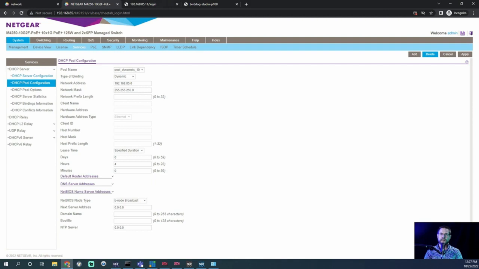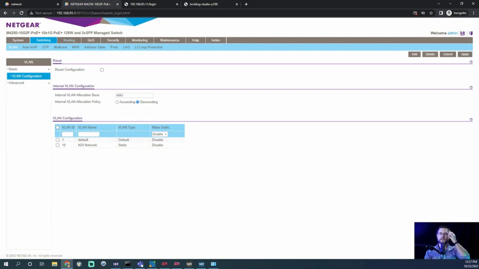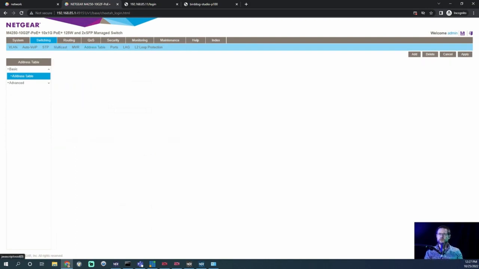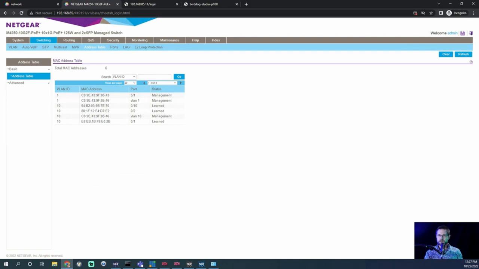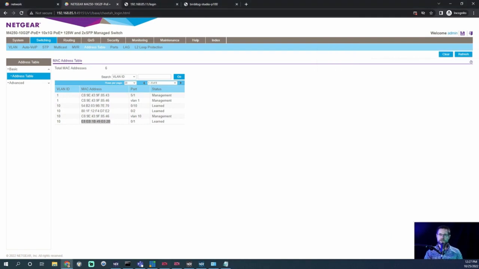One of the first things we need to do is find out what MAC addresses are on this guy. And so we're going to go to address table, and I'm going to look at ports 1 and 2. So here is port 1, okay? And here is port 2. Okay, so we need to remember these. So I'm just going to open a notepad or something and copy these in. So we need to remember these two